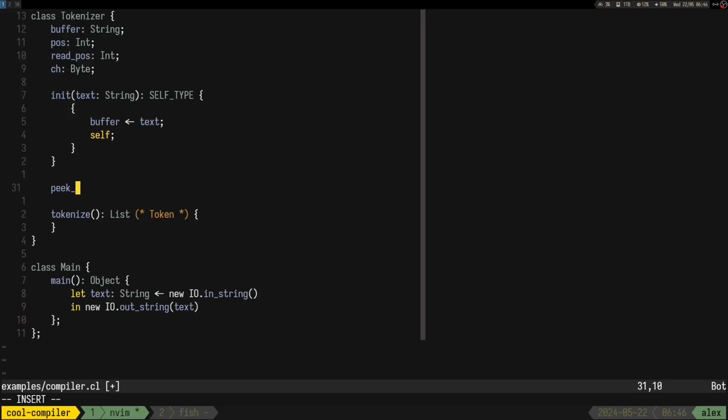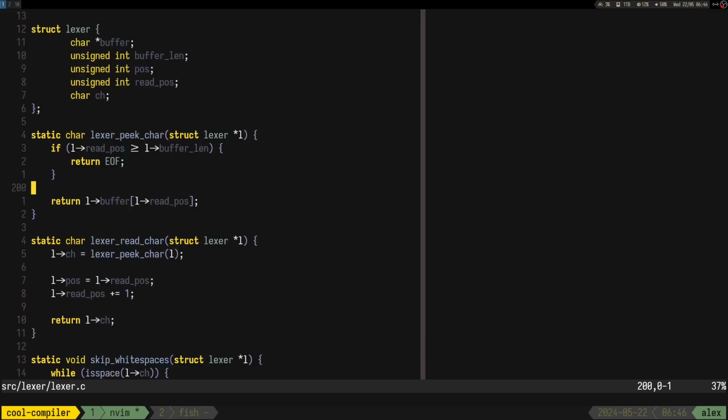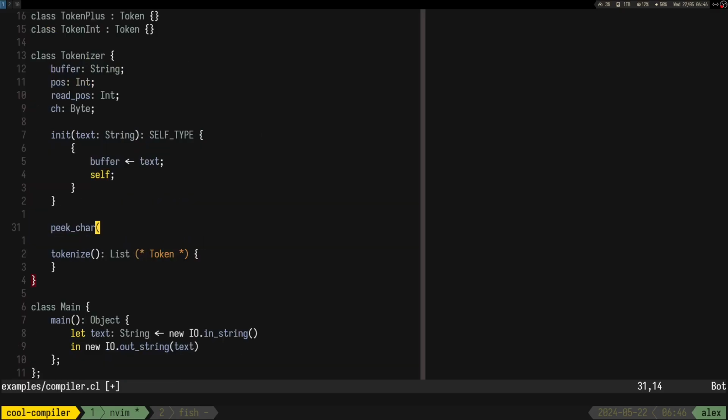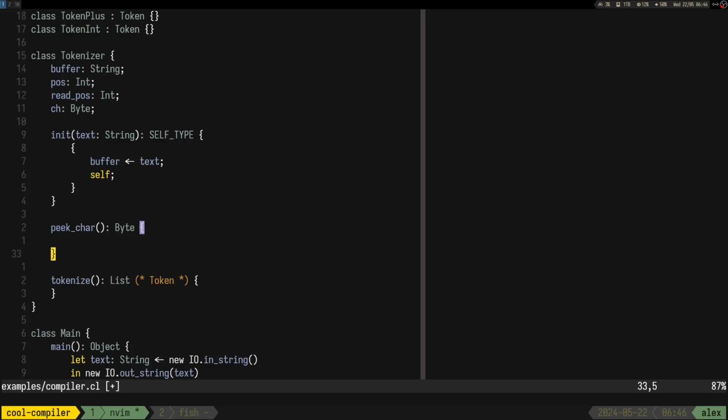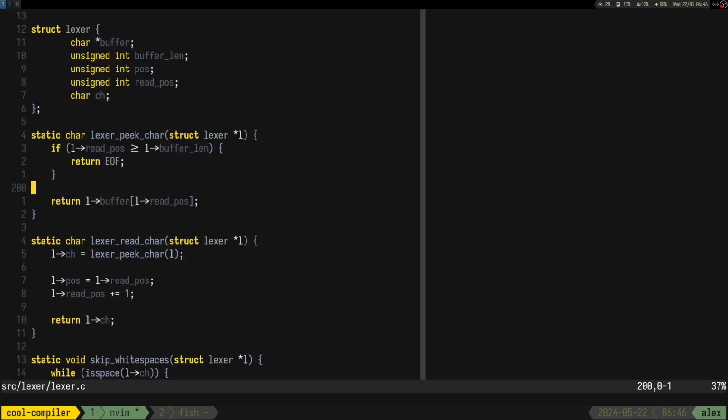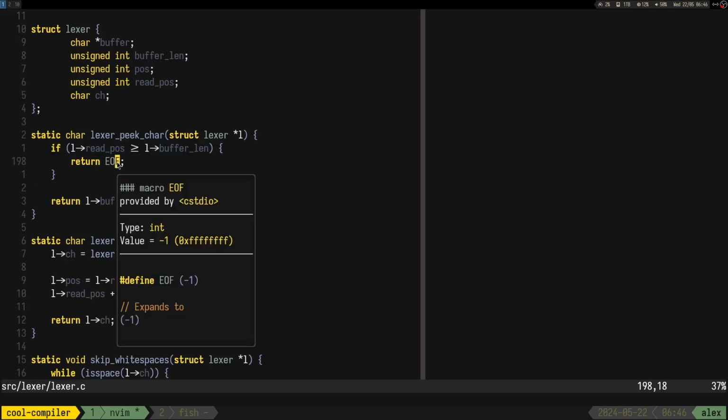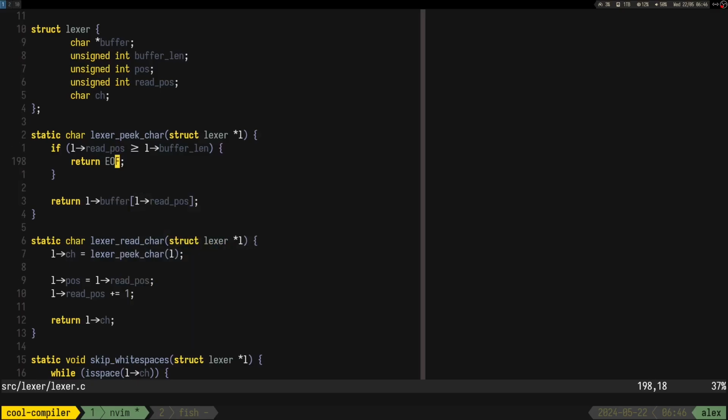So let's do pick char, and this method is just gonna return the character at the read position, so it should return a byte. So yeah, curious, like, this one is -1. Okay, whatever.